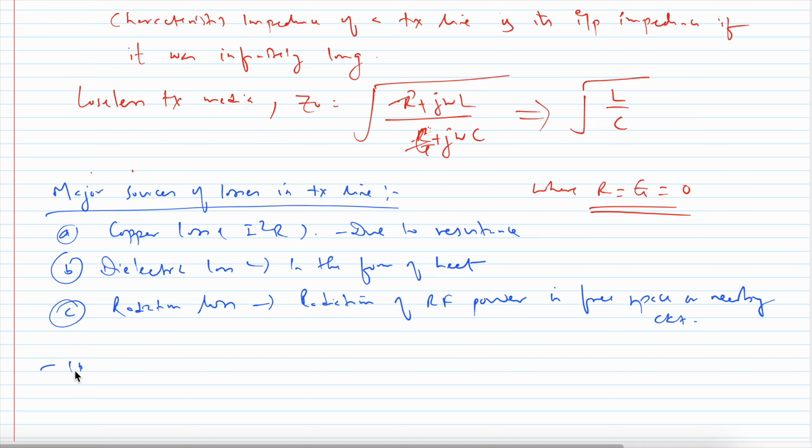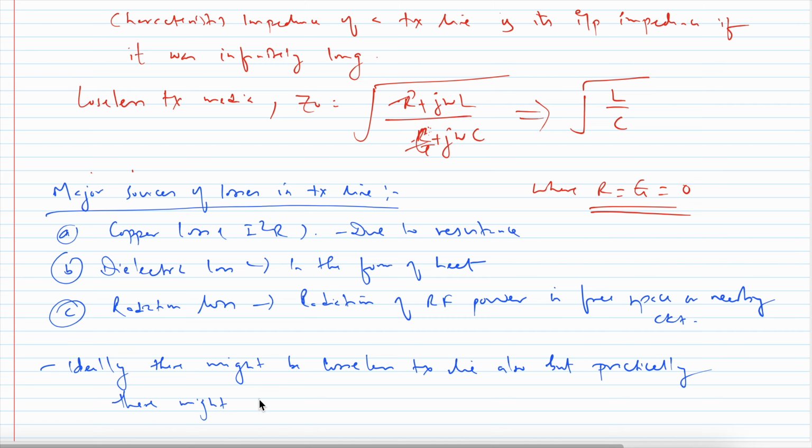Ideally there might be a lossless transmission line also, but practically there might be some losses. And the reflection coefficient